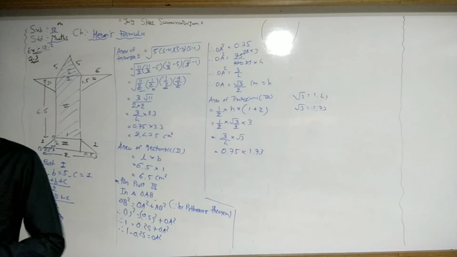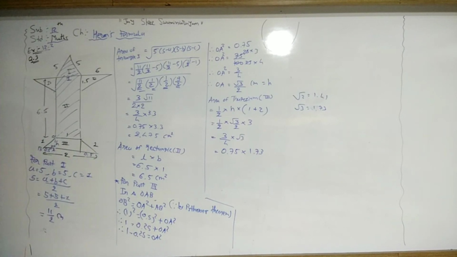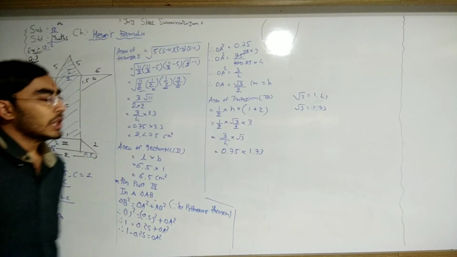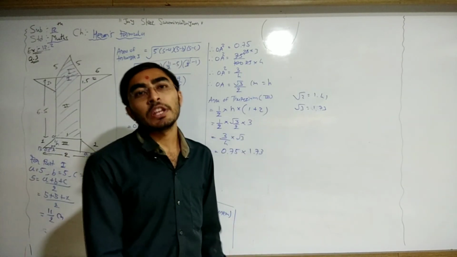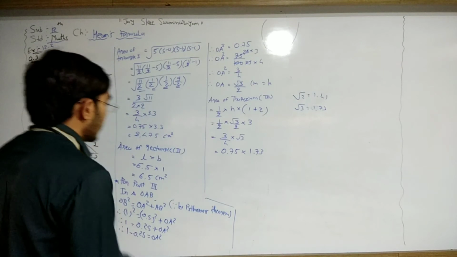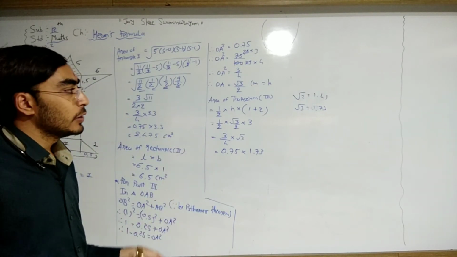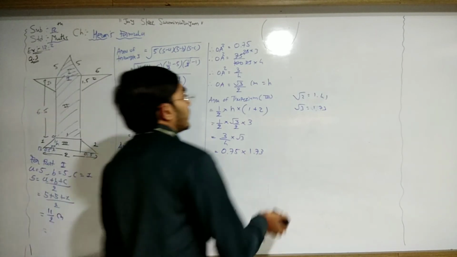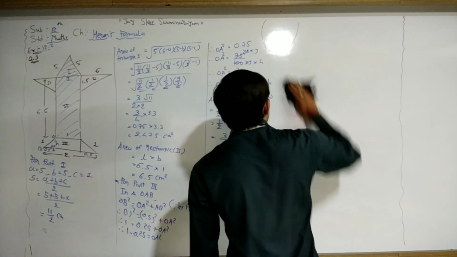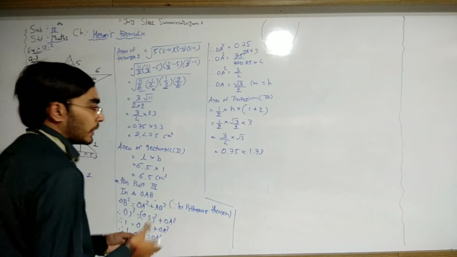Okay, here we need to put this value. If the value under the root is given in the equation, then we do not need to put the value, and even your answer will be right. But here we are finding so much area, that's why I am putting the value. I know the value is 1.73, so I am putting it here.